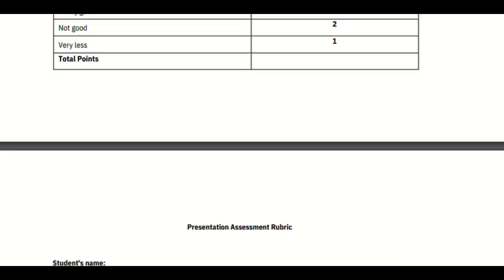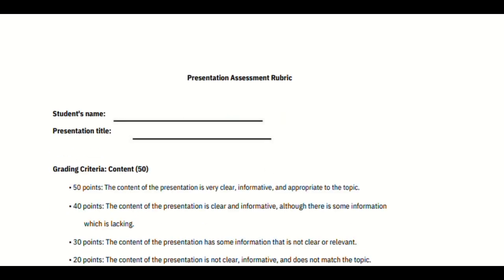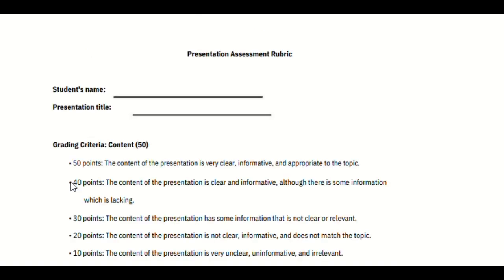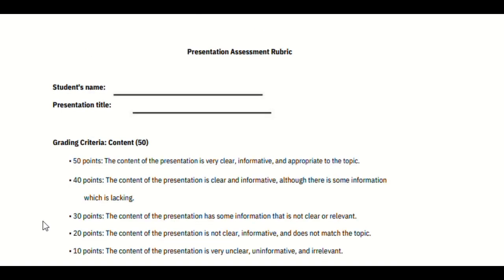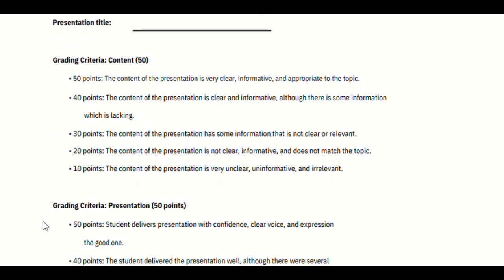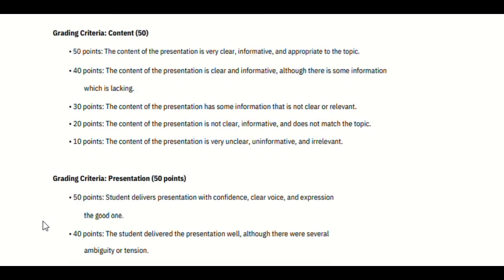And finally, presentation assessment rubric. Student's name, presentation title, grading criteria content, grading criteria presentation, and next level of active participation of students in learning.